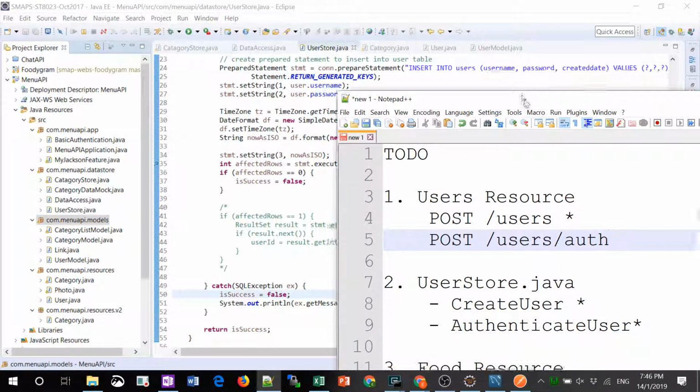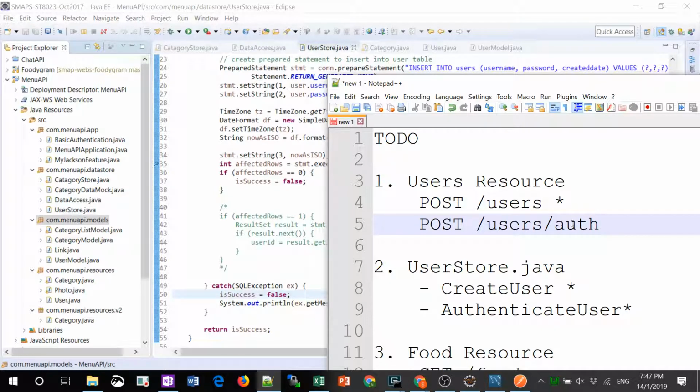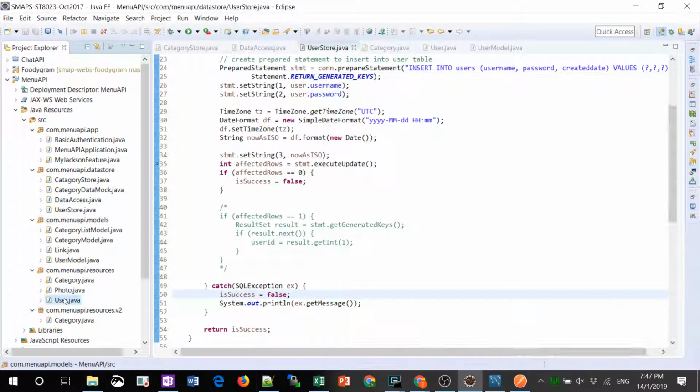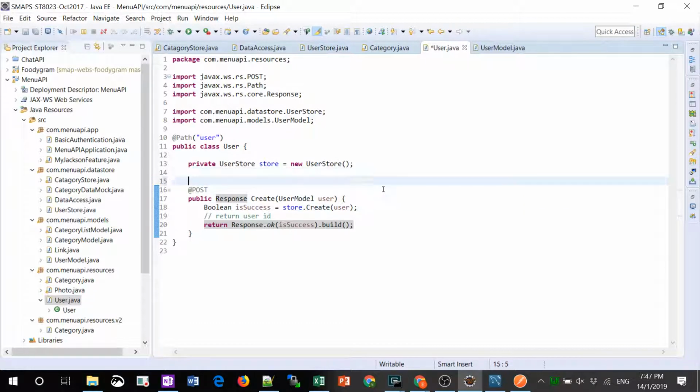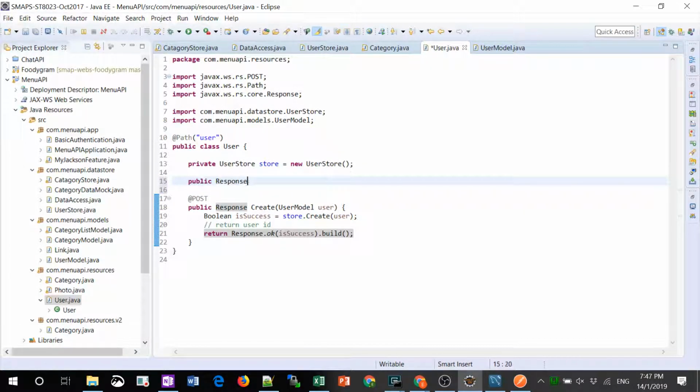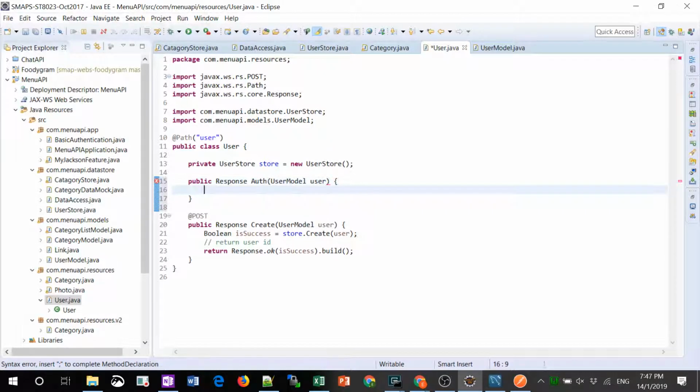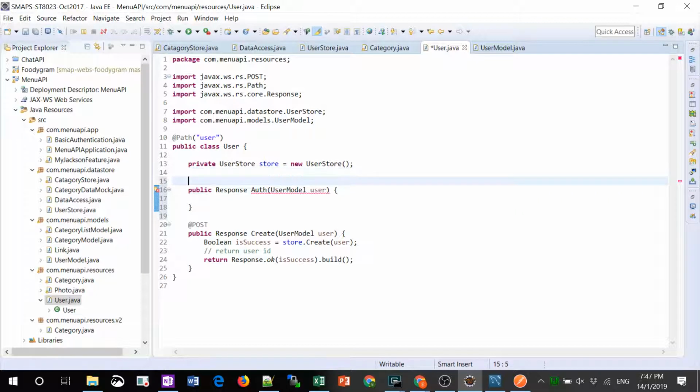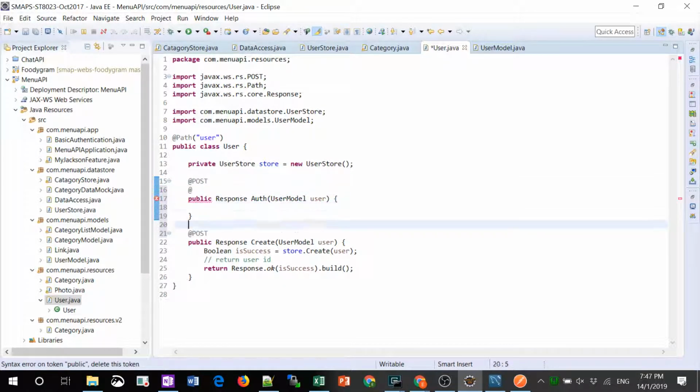So we need one more resource method under users with a path called auth. So I go back to user under resource, create a response, authenticate. So to authenticate a user, if I'm very lazy, I can still continue to use a user model because I got a username and password sent in, and I do a post. However, because I don't conflict with this post here, the path for this particular method would be